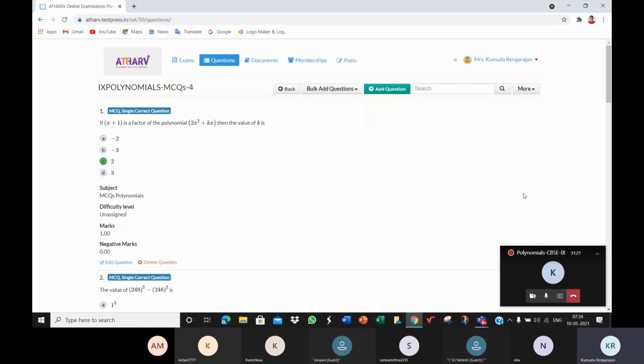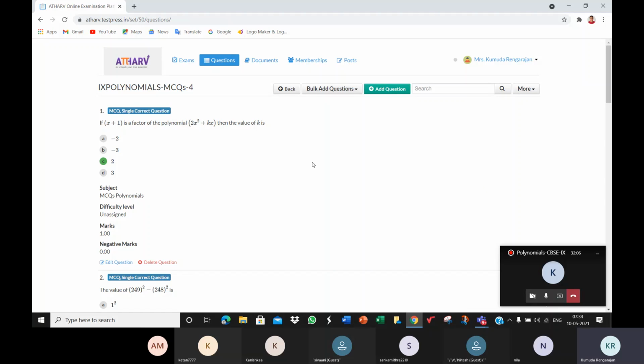Though they were not strictly based on those 2 links, you should have been able to handle it because we have now completed the chapter polynomials. So that was the reason. The paper was ready, but when I tried to upload it in the portal, I was not able to. Now it's ready, children. After the class, I shall schedule the exam, which will be based on the contents of the 2 links I had shared earlier. The exam which was supposed to be given yesterday will be scheduled today. It will be open for at least 2 days, so today and tomorrow, by tomorrow 4 o'clock, you should be able to complete it.